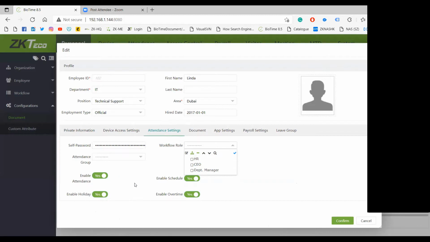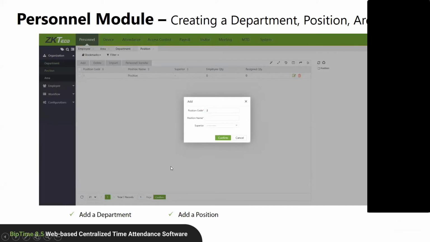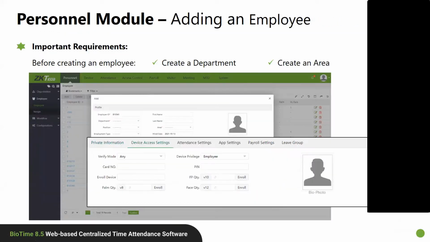And then we have here enable attendance, like enabling schedule directly from the employee interface, or enabling holiday, enabling overtime. So all this we have in the personal module. So this is what I mentioned about the personal module. Then we'll come to the